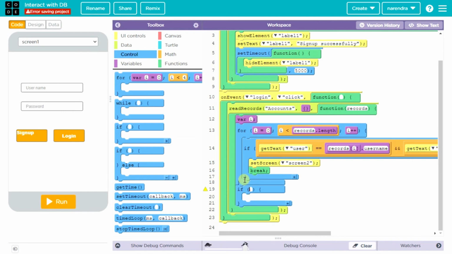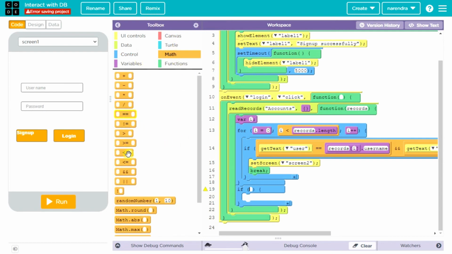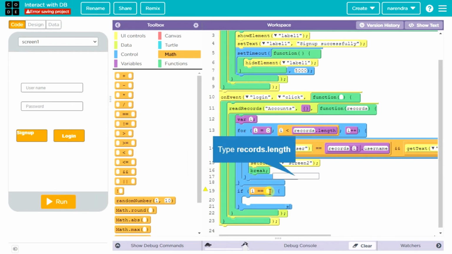If you have gone through all the records and there is no match, the i value becomes the length of your table, which means this username is not found.